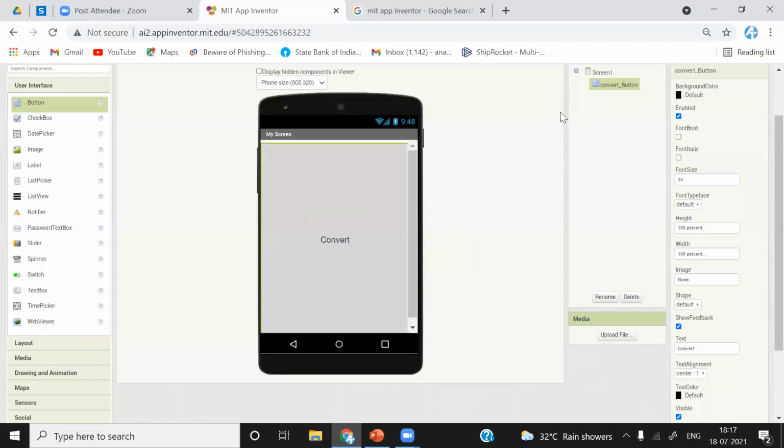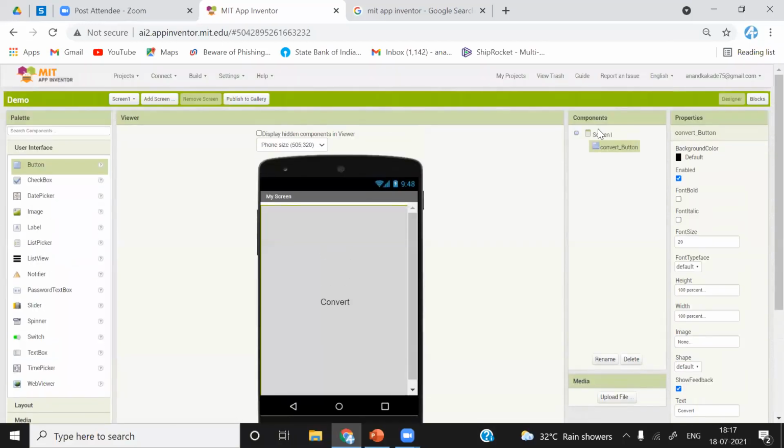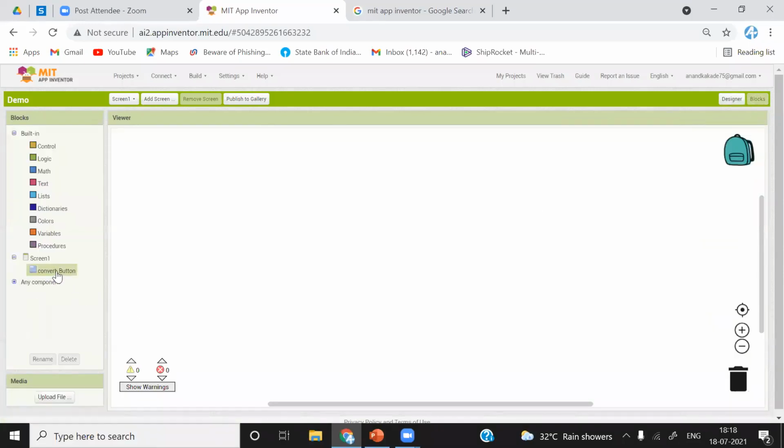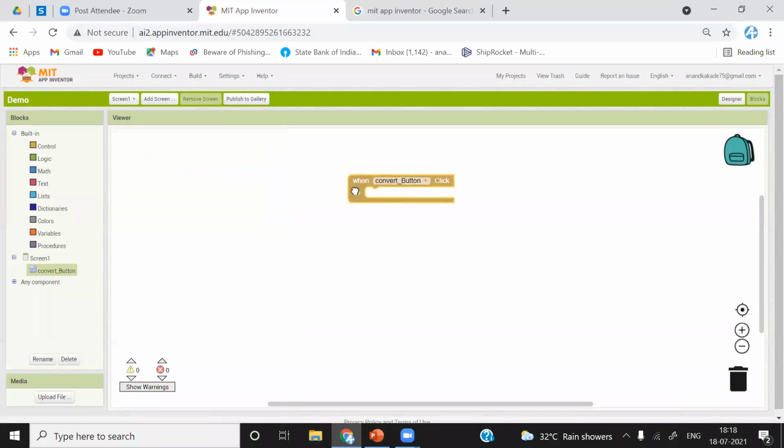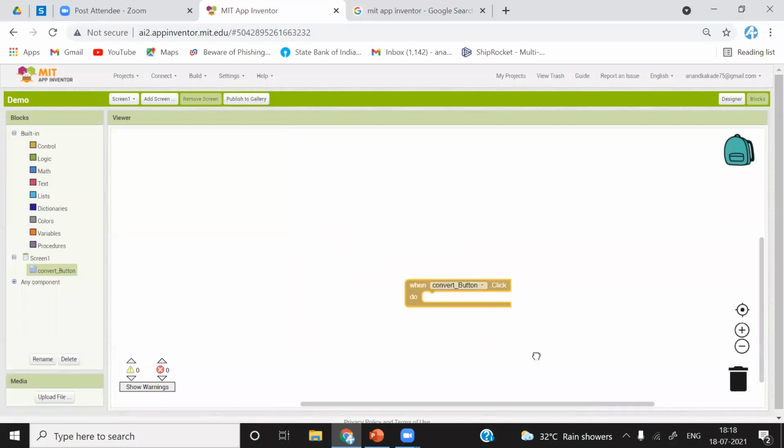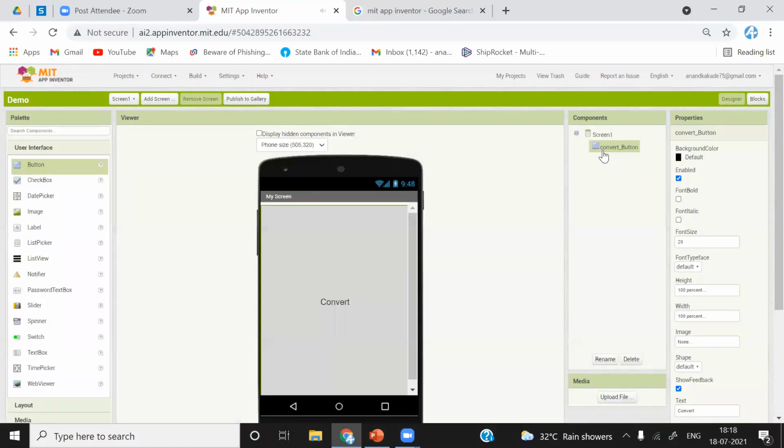What is the reason I told you to give this variable name? Because in any application there can be multiple buttons. So do not get confused between these buttons, like button 1, button 2. To identify the purpose of each button, we have given this name. So in the blocks we can simply identify, okay, this button is used for conversion purpose. I just have to click on it and drag this component, for when I click this button. So that is the reason we must give appropriate names to button variables.